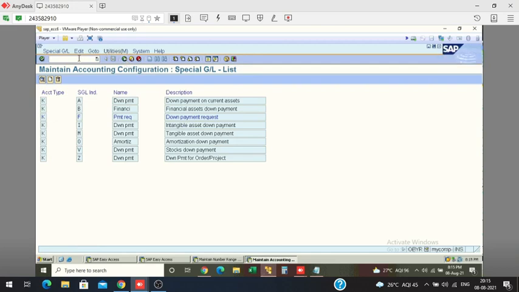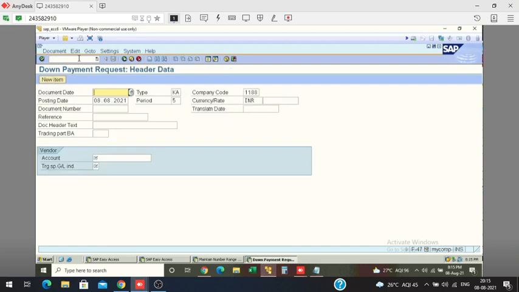Now I'll do one payment request, FDES 47, in the company code.